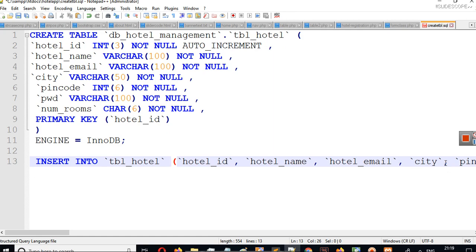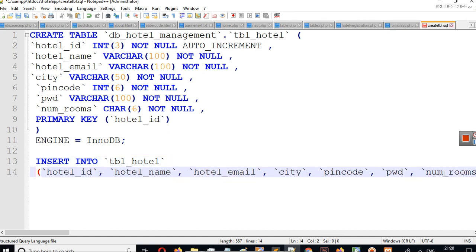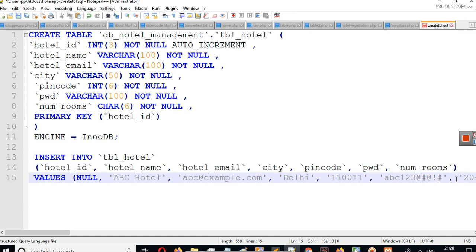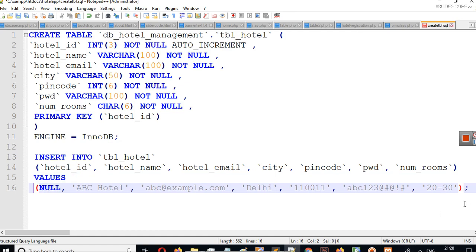I will make it more readable for you. So insert into TBL, and you remember we did not enter the hotel ID because hotel ID is auto increment, right? So we did not enter it. So it has by default entered null here, but don't worry, null will not be entered in the column value.